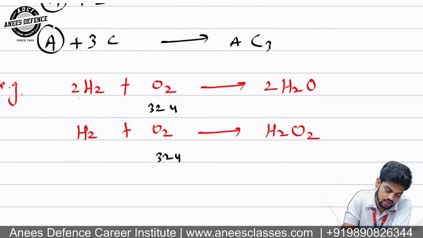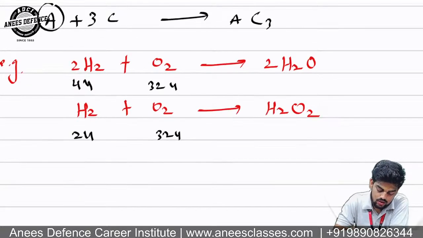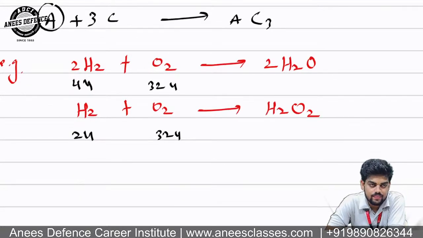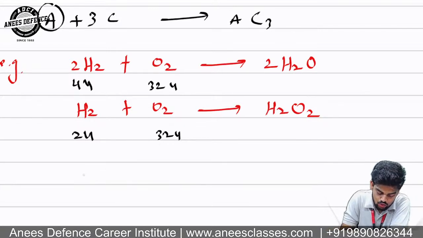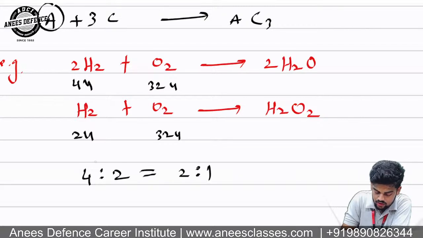But the mass of hydrogen is here 4u and here 2u. So जिस एलिमेंट का मास कांस्टेंट है उसके साथ जो एलिमेंट हम रिएक्शन में ले रहे हैं उसके मास का रेशो हमेशा सिंपल होल नंबर में आएगा। दैट इज, अगर 4u हम लेते हैं तो इसका आंसर क्या आ रहा है? 2:1।